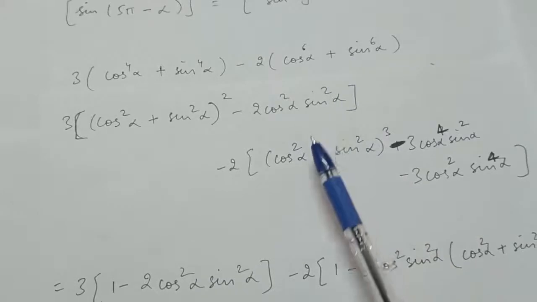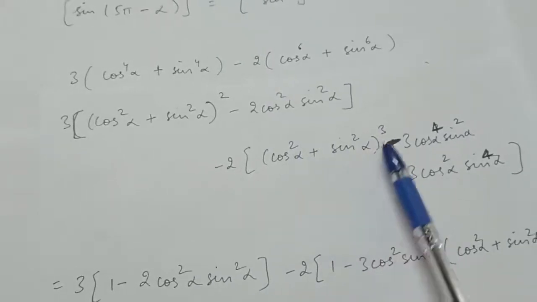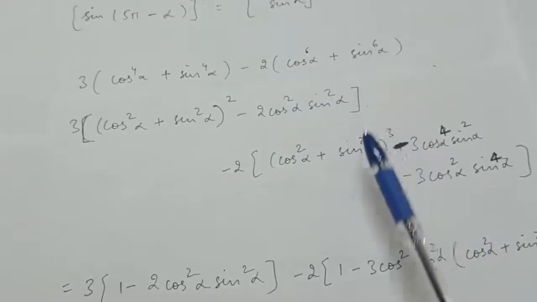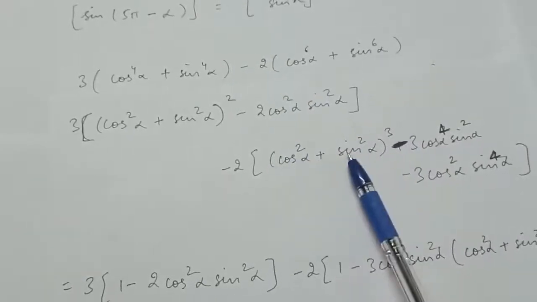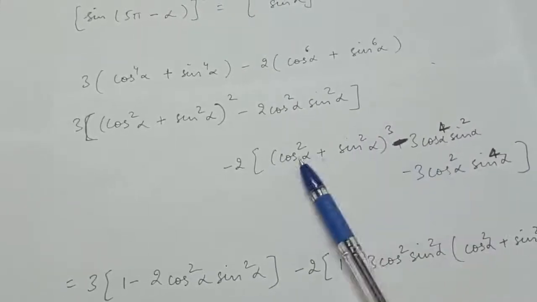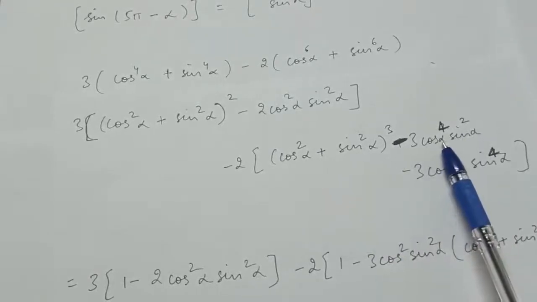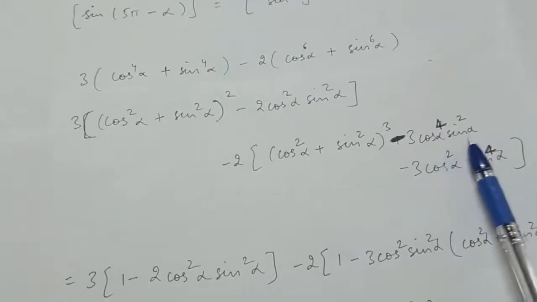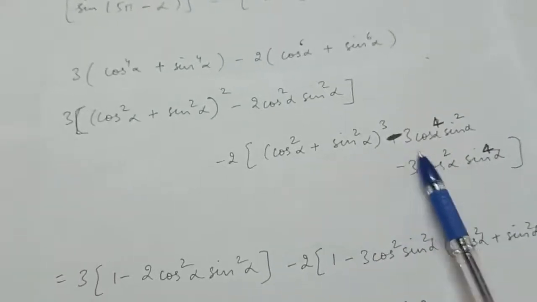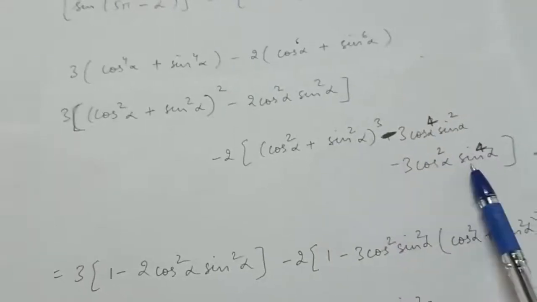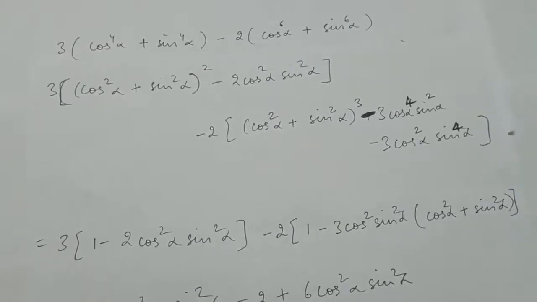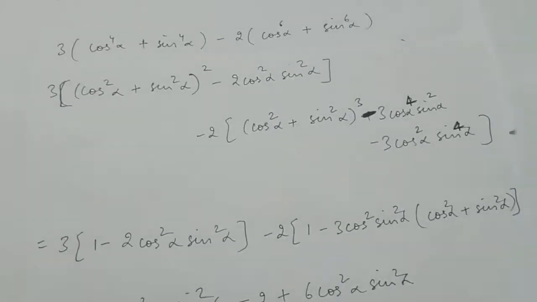Similarly, this can be written as cos square alpha plus sin square alpha whole cube. So you will get a cube plus b cube, plus you will get 3a square b, which does not exist here, so subtract it, minus 3a square b. So a square will be cos alpha raised to the power 4 into b is sin square alpha, and also subtract 3a b square, so a is cos square alpha and b square will be sin alpha raised to the power 4. Now see, why are we doing this? Because cos square x plus sin square x is 1. Therefore we have done this.